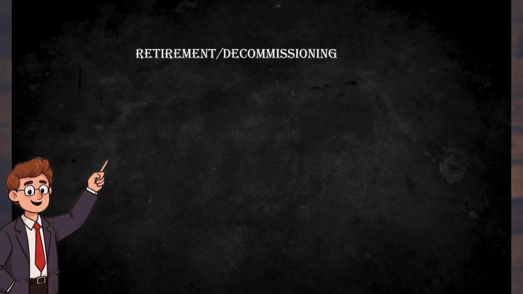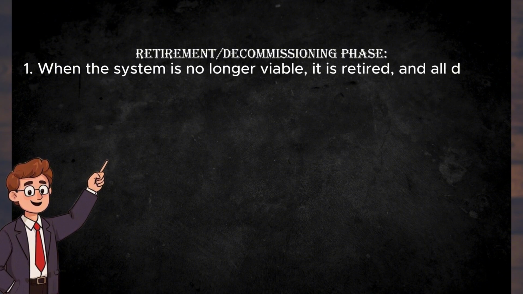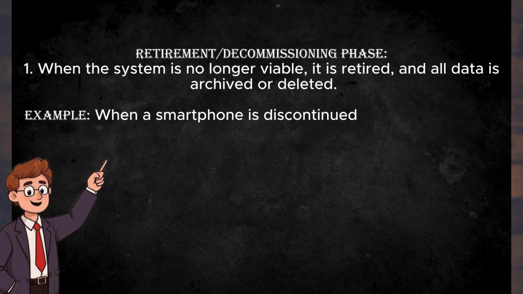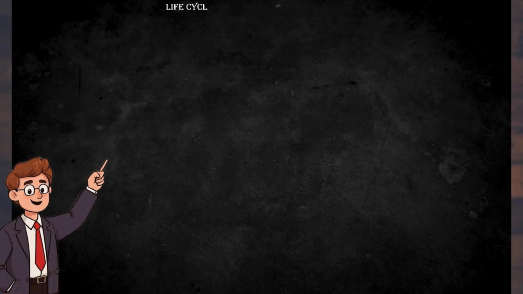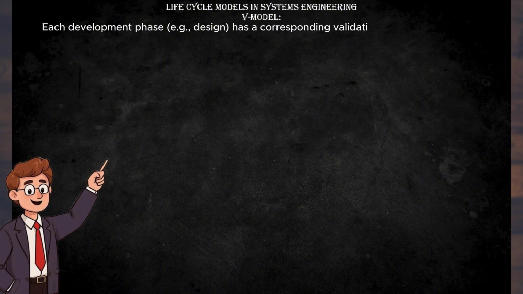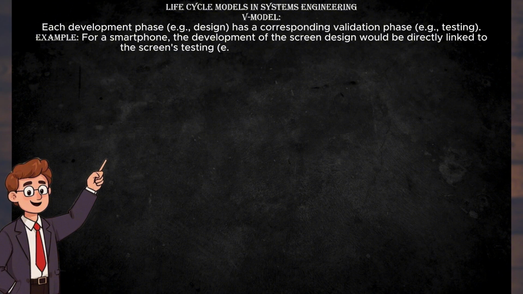Retirement, decommissioning phase. 1. When the system is no longer viable, it is retired and all data is archived or deleted. Example: when a smartphone is discontinued, its parts might be recycled or repurposed, and users are encouraged to switch to a newer model. Life cycle models in systems engineering, V model. Each development phase, e.g., design, has a corresponding validation phase, e.g., testing. Example, for a smartphone, the development of the screen design would be directly linked to the screen's testing, e.g., touch